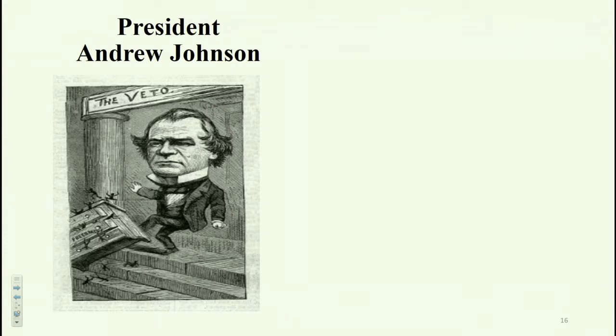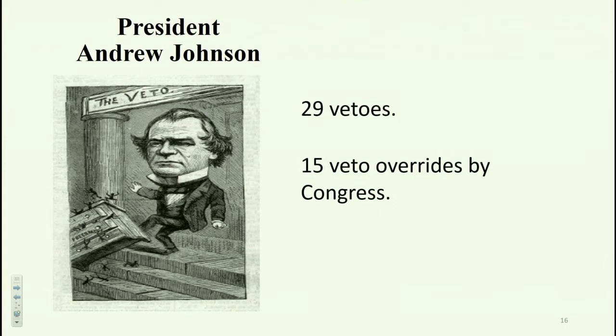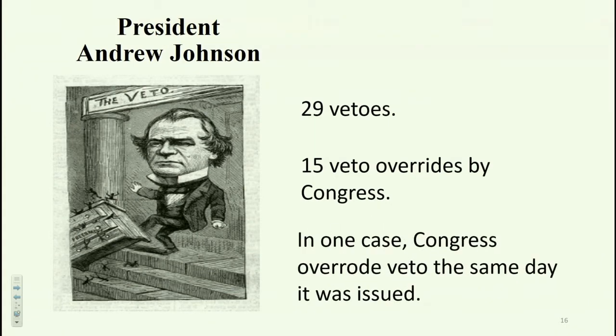Johnson was also extremely prejudiced against African Americans and felt that anything that elevated them was basically destroying the poor white class. Johnson, in his relatively short tenure, had 29 vetoes of major bills. 15 of those vetoes were overridden. And one of those vetoes was overridden by both houses on the same day that it was signed. So you can see the tension between Congress and the president,